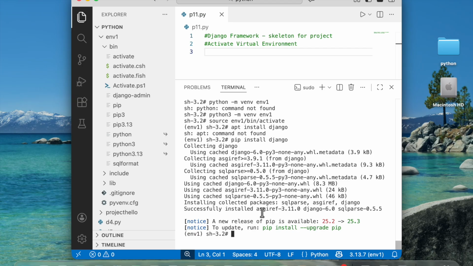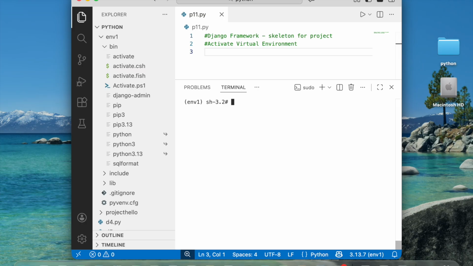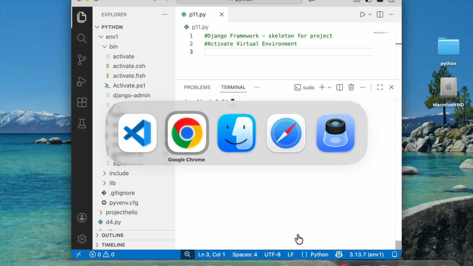Once it is done, you will have to upgrade pip as well. So once you are done with the installation of Django and the updating of pip, the next thing to do